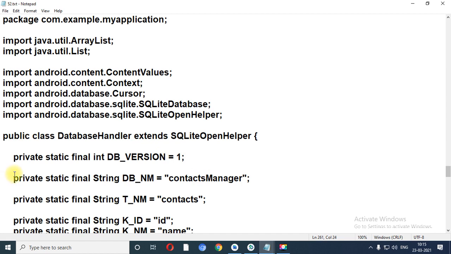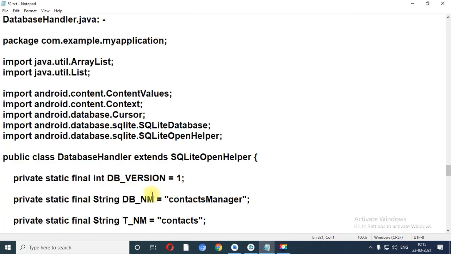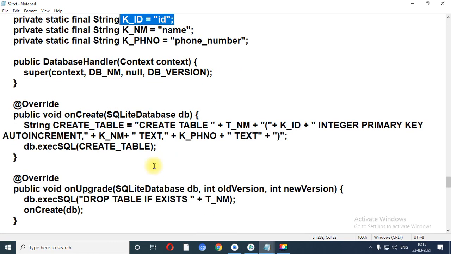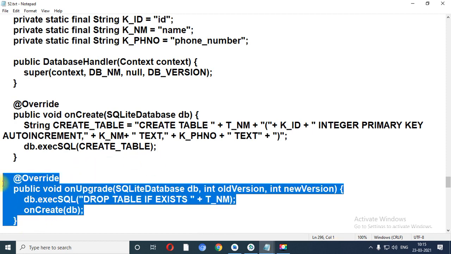In future, if you want to change any field, you just need to change over here, nowhere else. Let me scroll down up to KID. Let me scroll down up to onUpgrade.